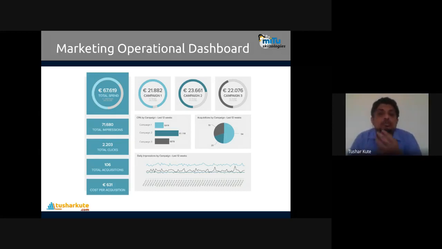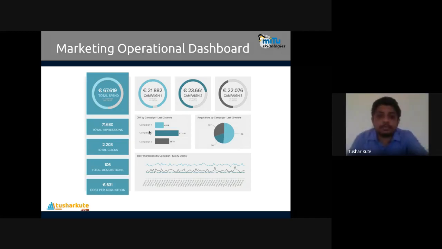Okay, how much money have you spent to attract the particular people towards you? That's the cost of acquisitions. So 620, 631 pounds are mentioned there. And you can see it in graphical format also, just check it out. The first campaign has almost reached the end. This campaign is 75% completed, this campaign is 40% completed.